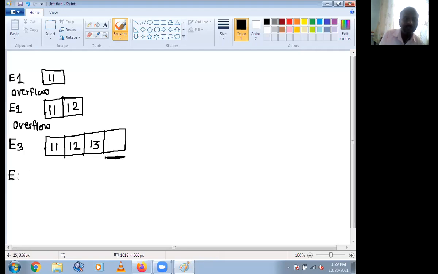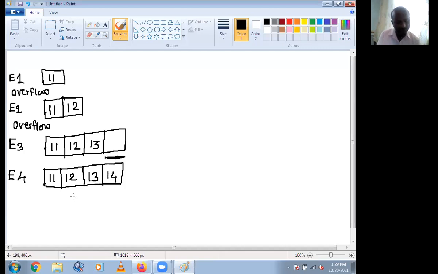Suppose I want to insert the fourth variable. I will check whether there is a space or not. If there is a space, then I can directly insert the new element. That is 11, 12, 13, and the next element, suppose 14. Suppose I want to insert the fifth element. At the fifth element, the fourth being full, it becomes overflow.